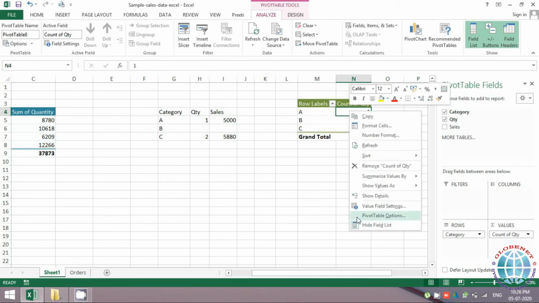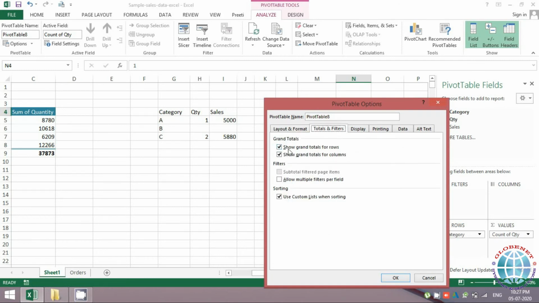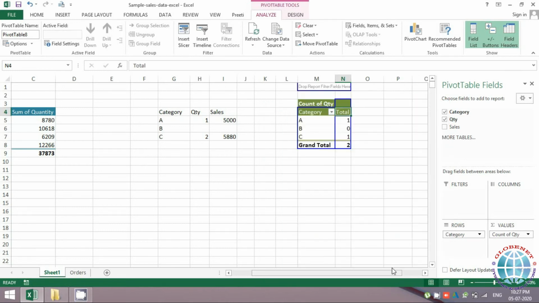Let us just quickly explore some other important features here. Totals, these are like most of the things we have already covered in the design tab, showing grand total, subtotal and all that, so nothing new in this. This is to expand, collapse. There is one option here which is to create it as a classic layout. Classic layout is actually the layout which was used in older versions, and if people are more comfortable using that version, they prefer this layout. Let me quickly show how that works.